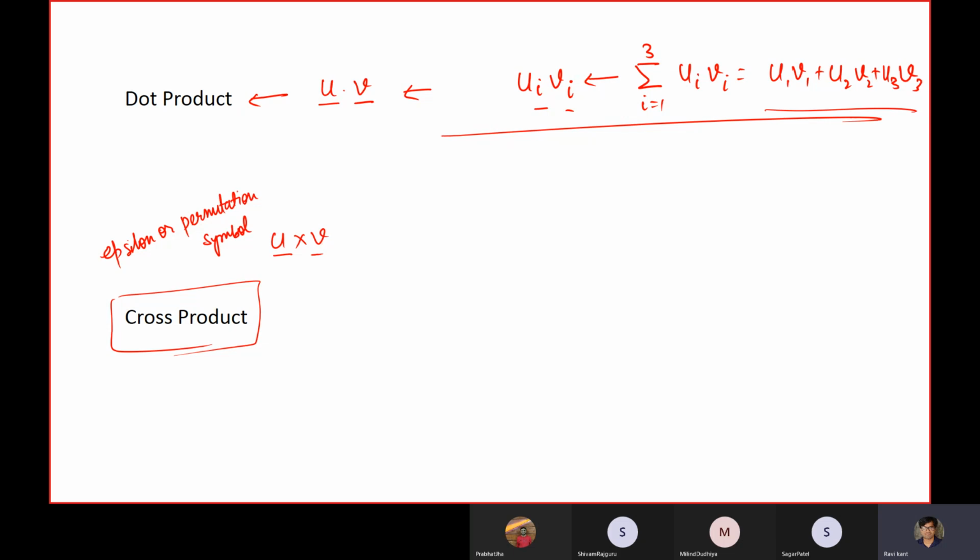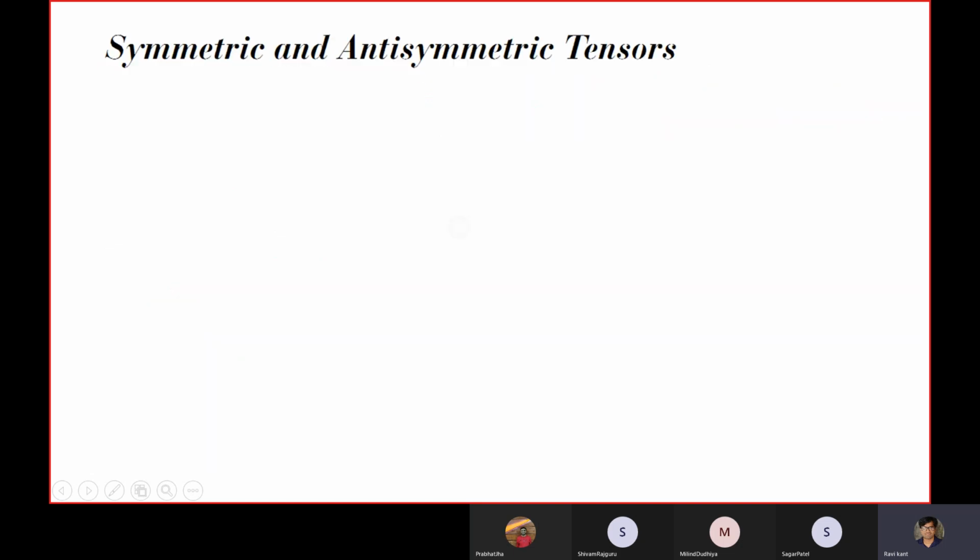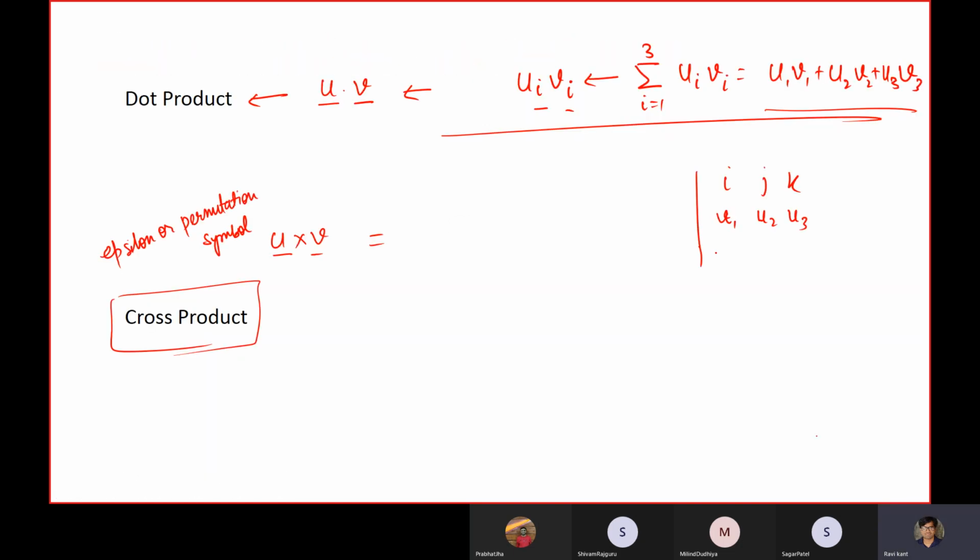Okay, so this cross product can be, so generally how do we define the cross product? In matrix form or in determinant form, how do we write? So in the usual form, we have i comma j comma k, and you have the first component of your vector u1, u2 and u3, these components of the first vector, and for the second vector v1, v2 and v3, and we do the determinant and we get the cross product. This is how we do that, right? Here also, let's see, we will do the same.